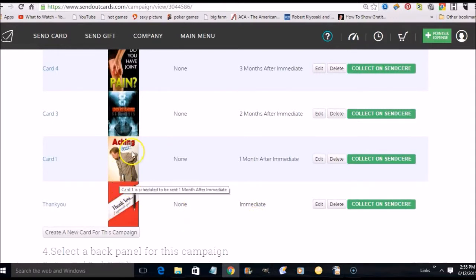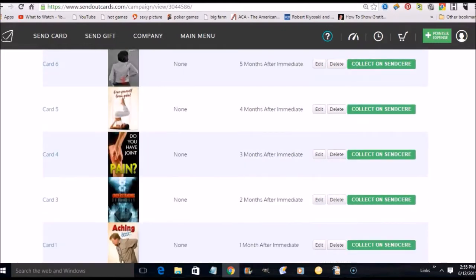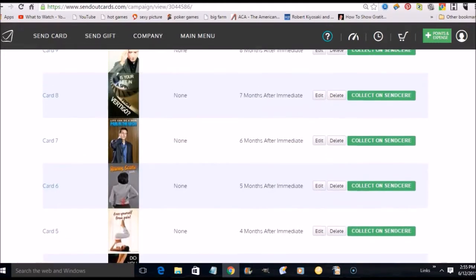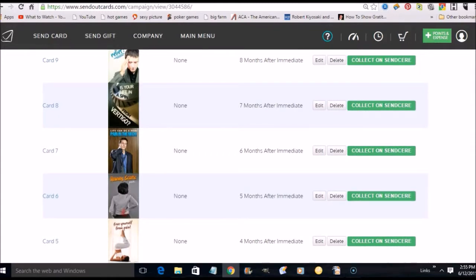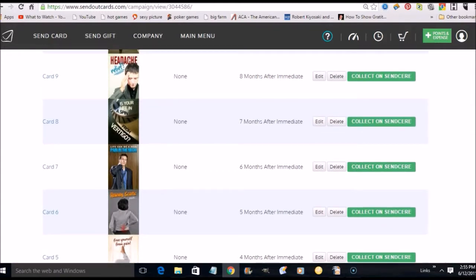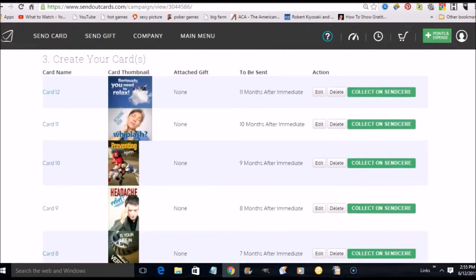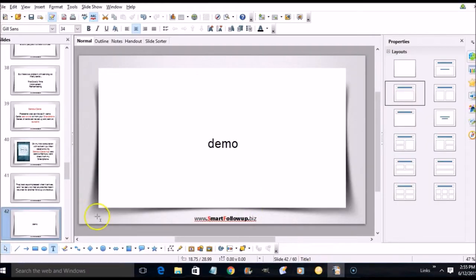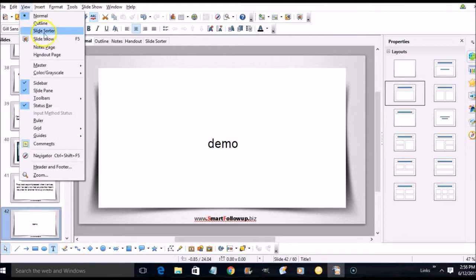First one's a thank you card, then a few tips about back care and things like that, and yeah, so a card goes out every month. So that's really cool. And all I needed to do was put their details in, click one button, and then the system takes care of the whole lot, sending out a card every month. And you can also include, of course, your Christmas cards and birthday cards and things like that as well. Anyway, that's just one example. Okay, so let's go back to the presentation. Back up here.